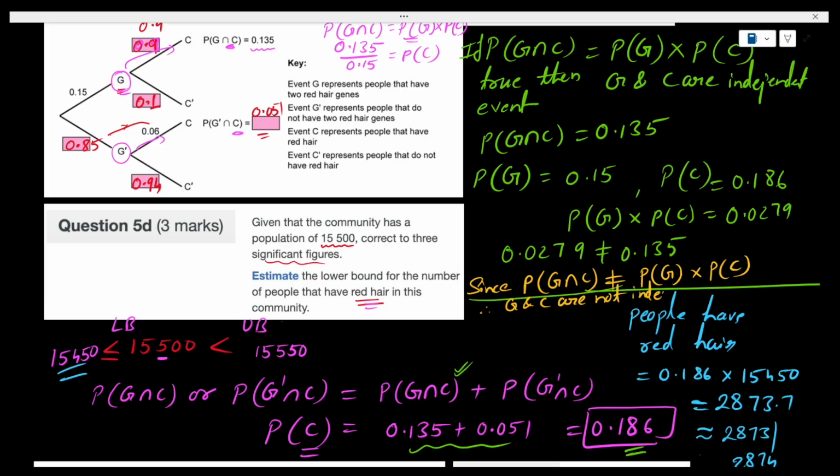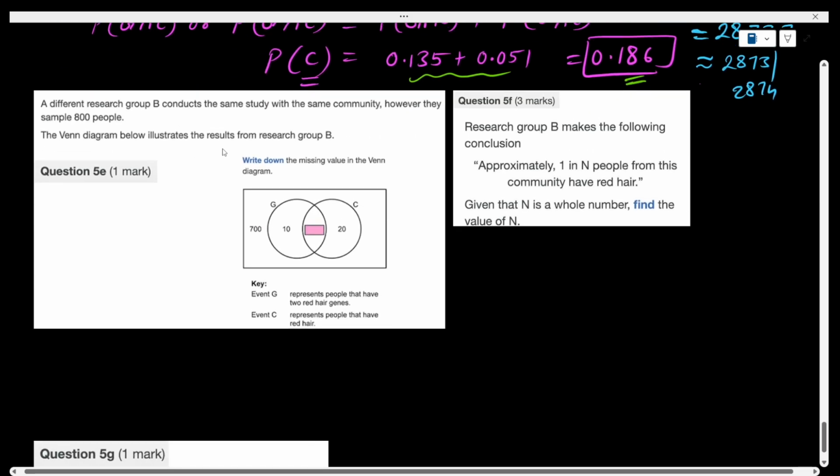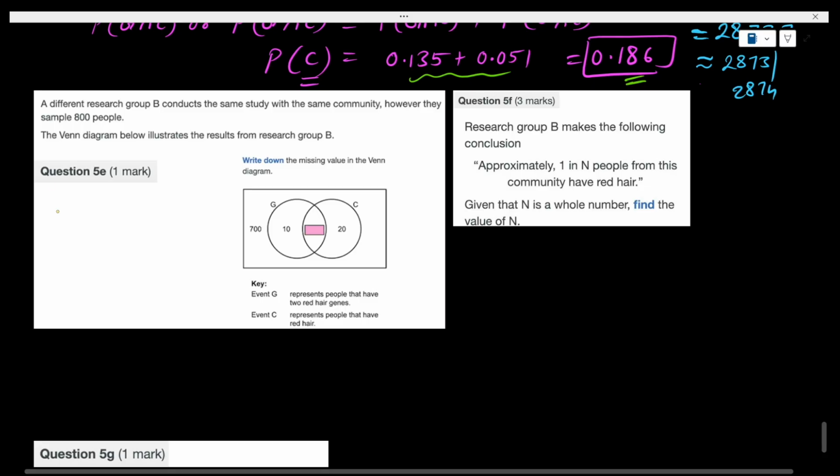So in probability, you see that to check whether they are independent events or not. So this part is done. C part is also done. D we have already done here. Now after that, what is the next question here? A different